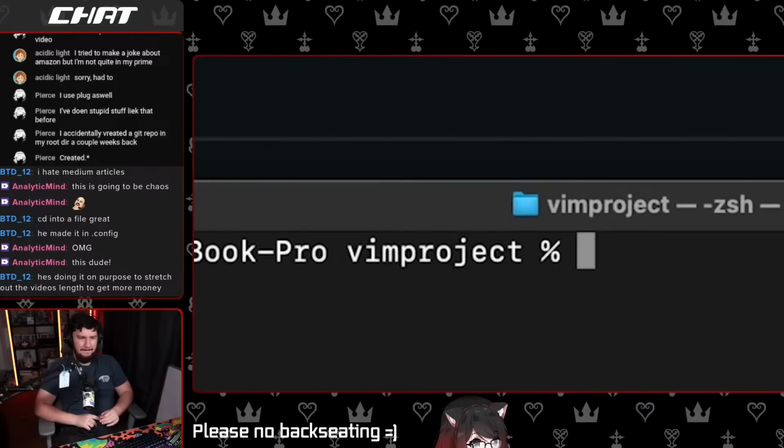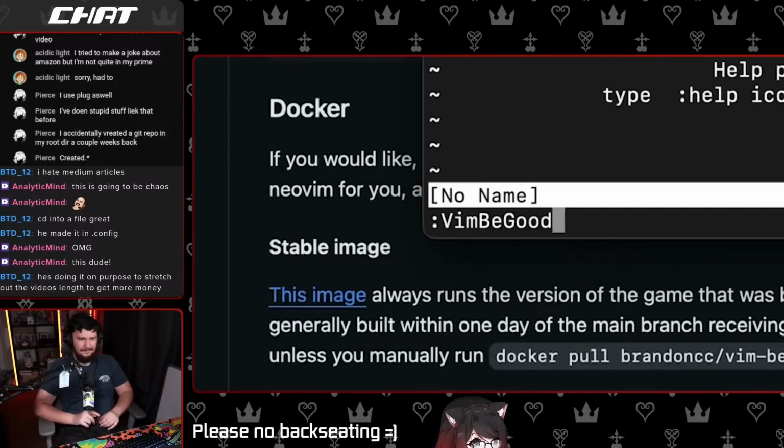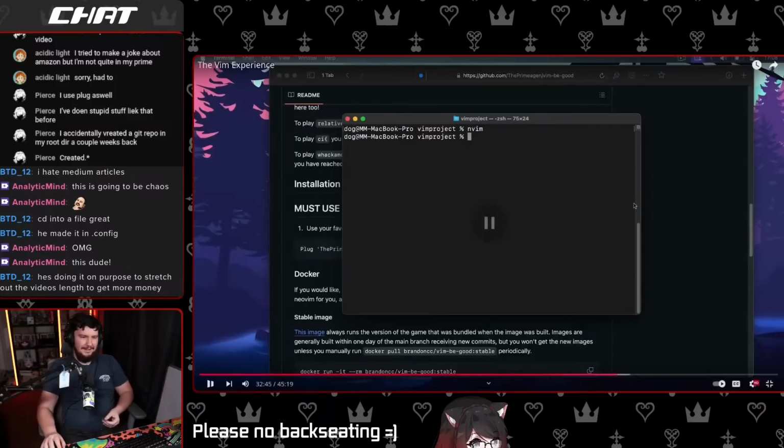Okay, maybe I need to create a new file like this, just Neovim. Okay, and now if I do vim be good, boom. Never mind again. Again, he's not reading the error message. It's literally saying that the editor command doesn't exist. If it doesn't exist, that probably means it's not installed. Installation of the plugin didn't work.